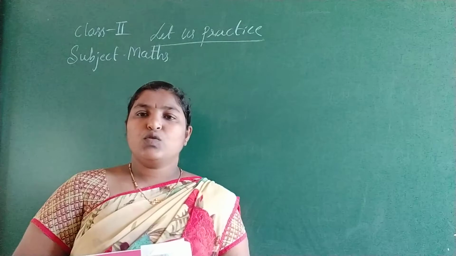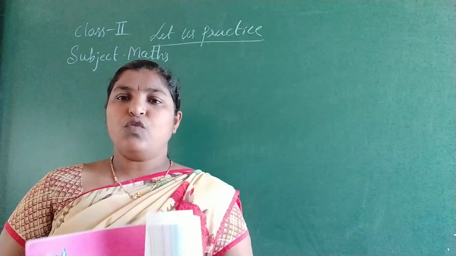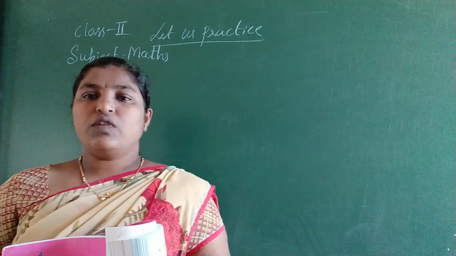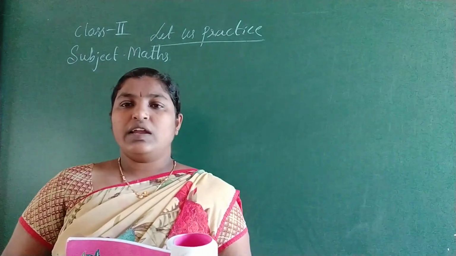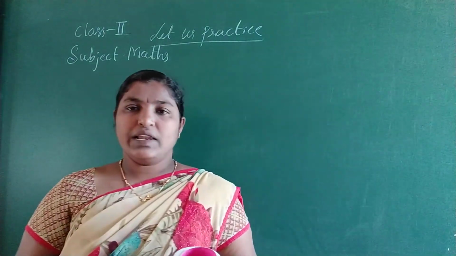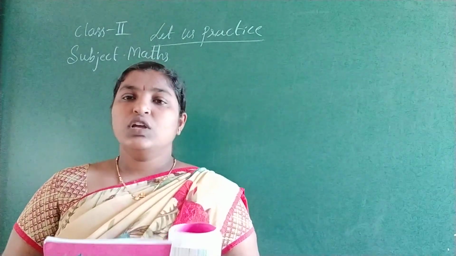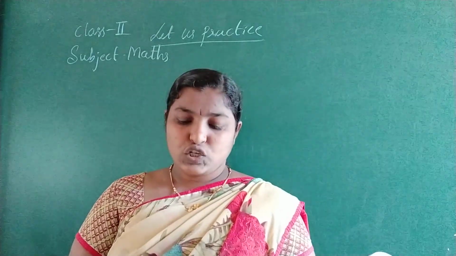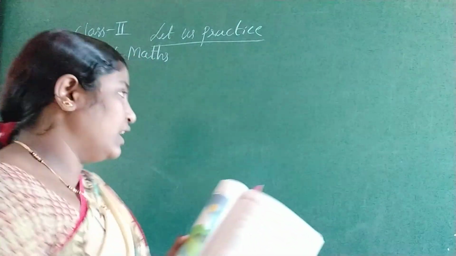Okay, what are those? First, second, third, fourth, fifth, sixth, seventh, eighth, ninth, 10th, 11th, 12th, 13th, 14th, 15th, 16th, 17th, 18th, 19th and 20th. So I hope you all have learned by heart the spellings of ordinal numbers from 1st to 20th. If you did not, learn the spellings by heart. And yesterday we did writing practice, page number 179. So today we will do the D and E problems.